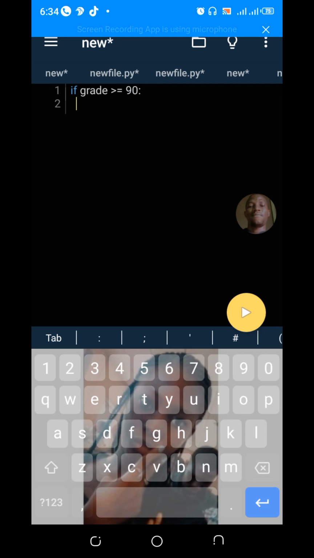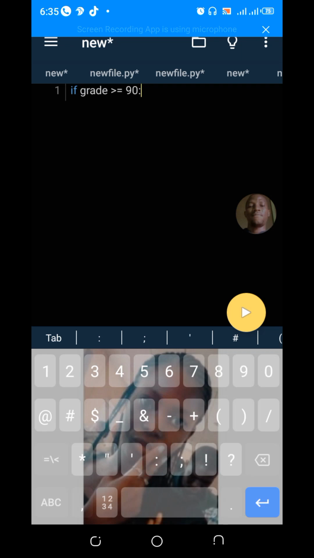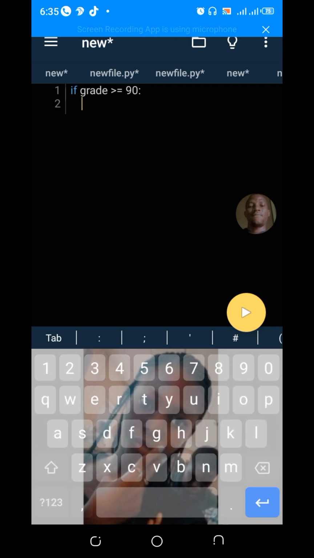To start the program, we write if grade is greater than or equal to 90, but you always put your colon. So we have something like this: enter, then print